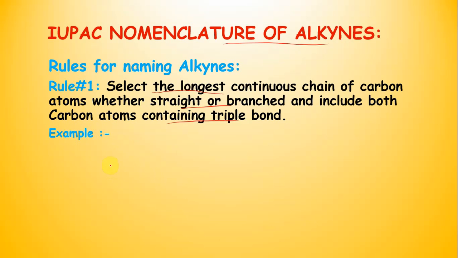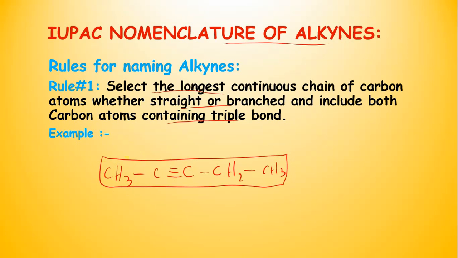So look at the example related to this rule number 1: CH3, carbon-carbon triple covalent bond, then CH2, and then CH3. So this is rule number 1, that we have to select the longest chain. So this will be the longest chain. And one thing more I am telling here: to prove the valency of the carbon in this structure, we have to